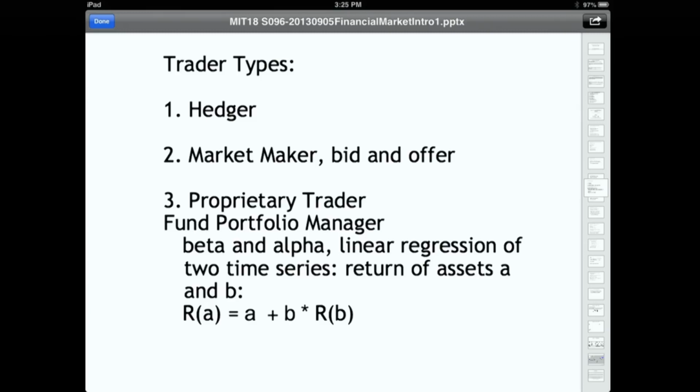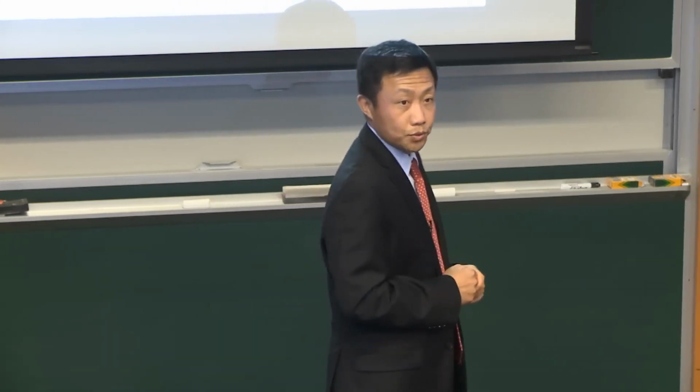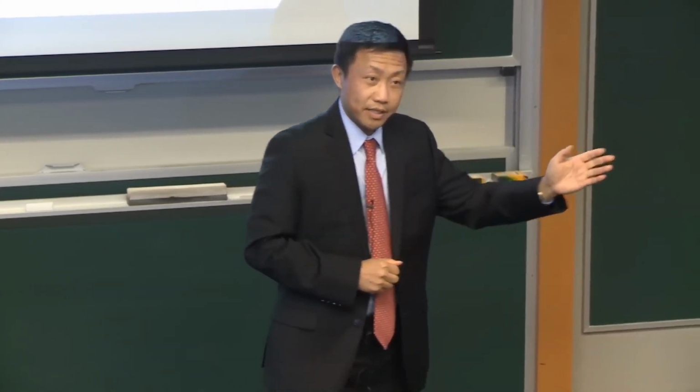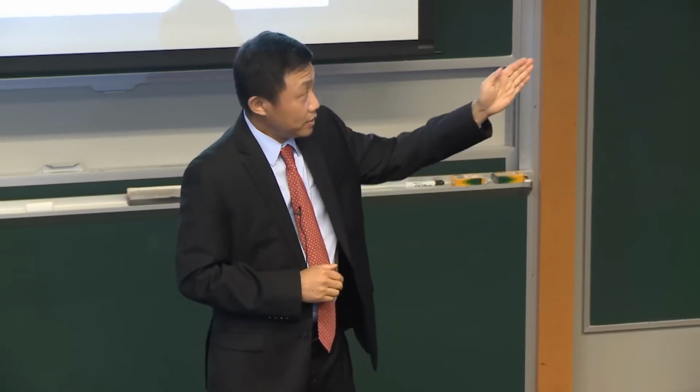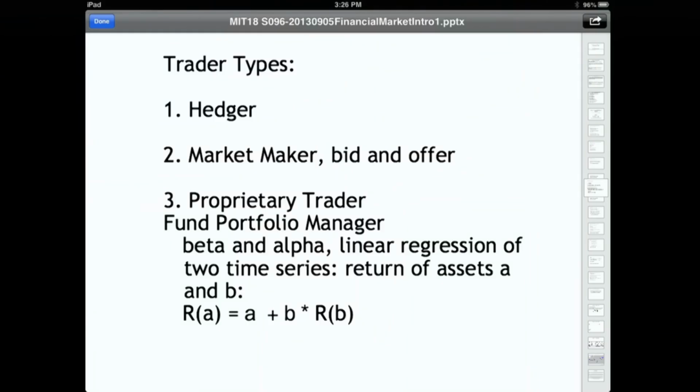And so the third type is really the proprietary trader, the risk taker. These are the hedge funds or some portfolio managers. They need to focus on generating return with controlled risk. So that's where the concept of beta and alpha comes in. If you're a portfolio manager, some people say don't go pick any stocks, just buy an S&P 500 index fund, very cheap. You can pay very little cost to do it. That's true. But if you want to beat the S&P 500 index,